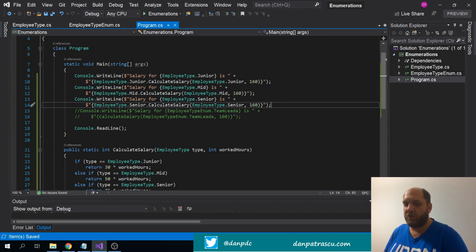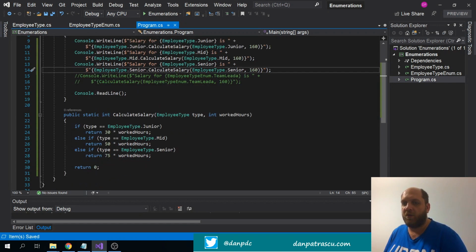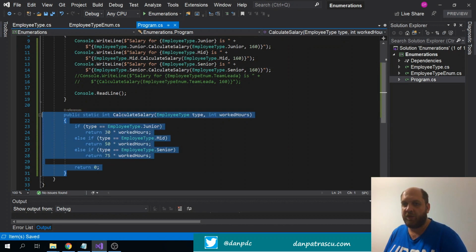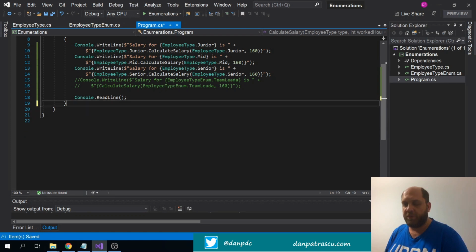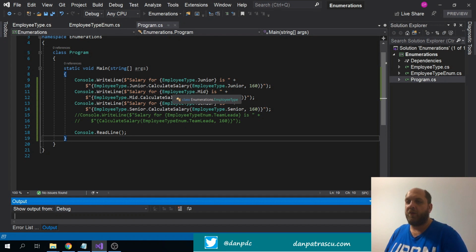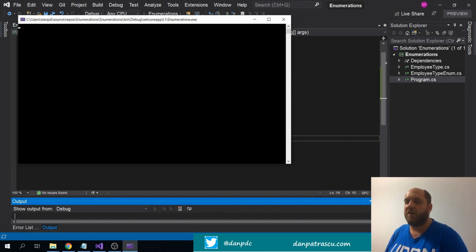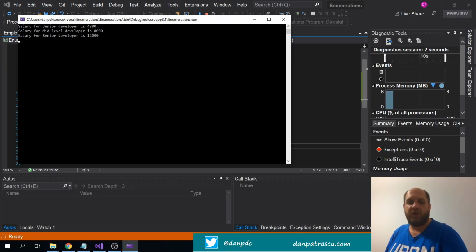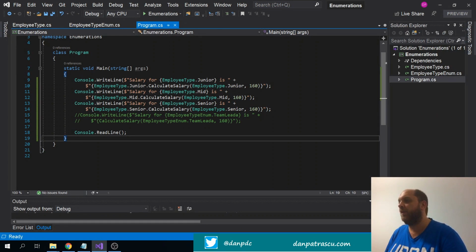Now we see that we have 0 references for the CalculateSalary method that we have in this program class, so we can simply remove it. Theoretically, if we run the application now, it should give the exact same result. What we did now is a very important thing from my point of view, because we took the behavior that we initially had in our program class